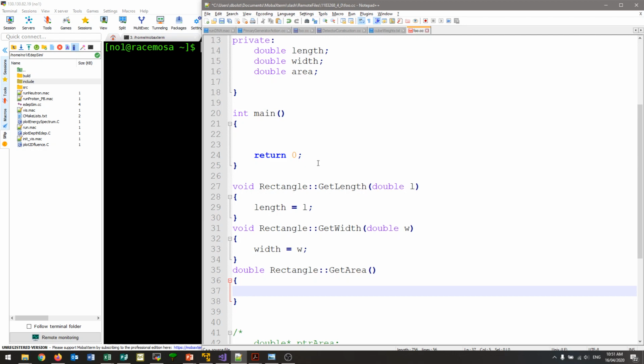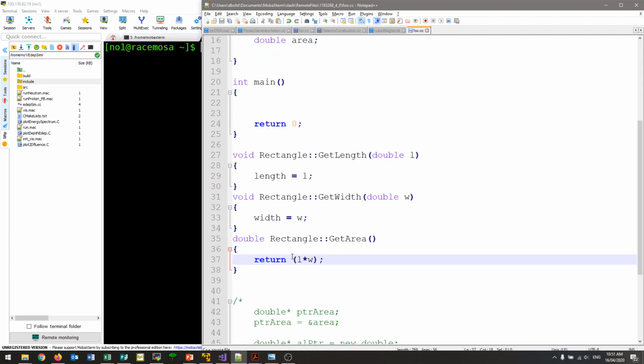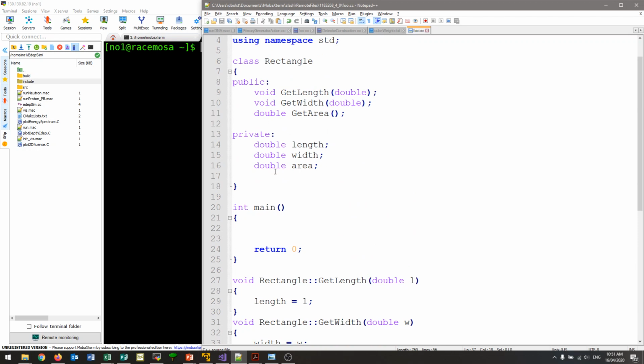Then we just say return, and this will be the length times the width. So now we've defined all the functions within our class. So if we want to create